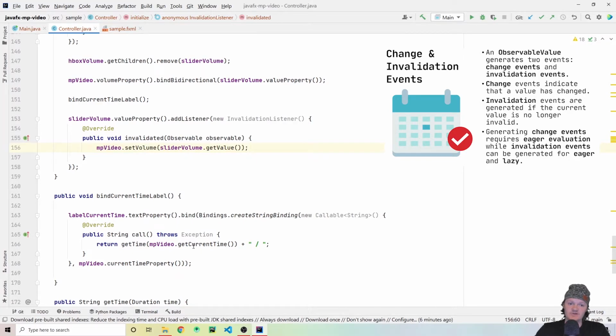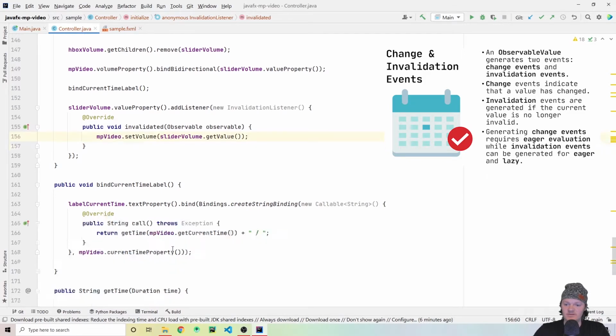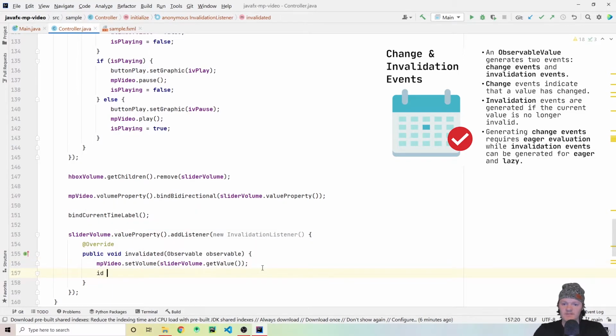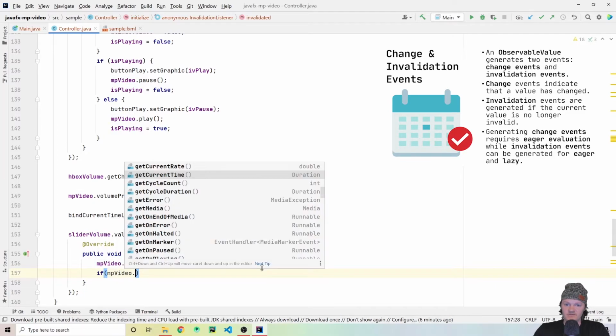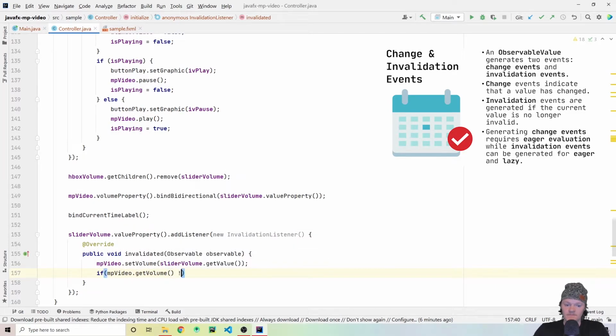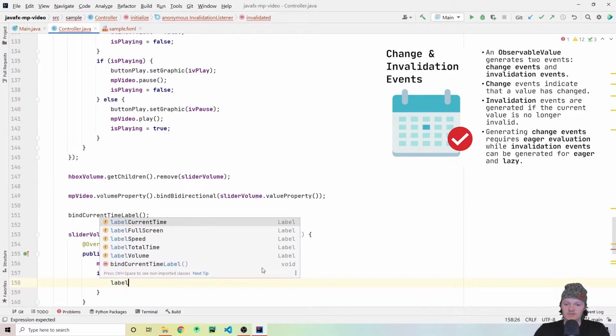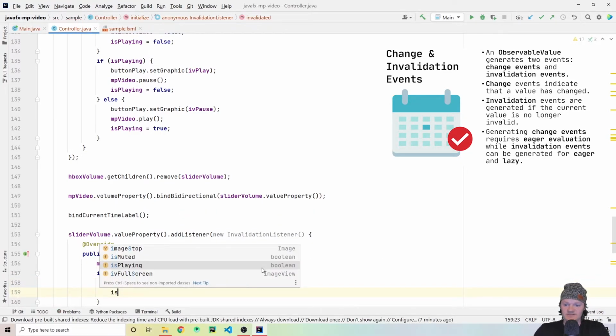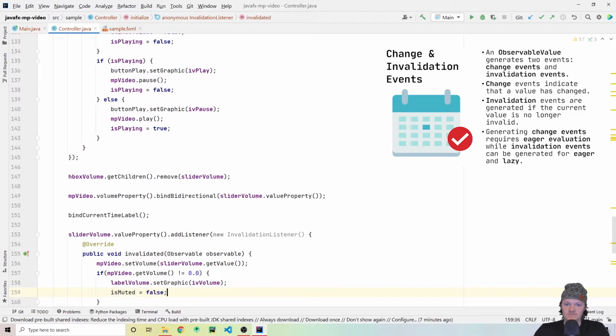But if it is not equal to 0, then it is not muted, and we want to set the volume label's image to the speaker image and set our Boolean isMuted to false. So within the same thing, within our MP video here, first we'll check if MP video dot get volume does not equal 0.0, then we'll do label volume dot set graphic, and we're going to set that to IV volume, and then we're going to set isMuted equal to false,